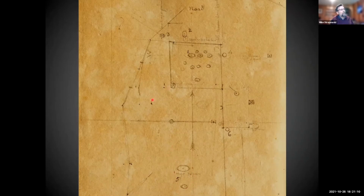Lesueur did some excavations in some of these mounds. It was probably one of the first, if not the first, archaeological work that's ever been done in the state of Indiana. He dug in the mounds numbered 1, 2, 3, 4, 5 down here, and 6. What he reports finding is mostly pieces of pottery, some animal bones, some stone tools. Occasionally, he said he did encounter some human remains, but not a whole lot of